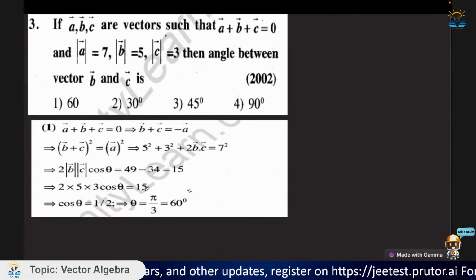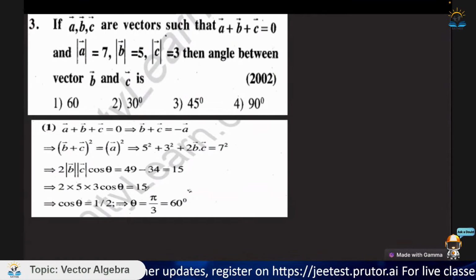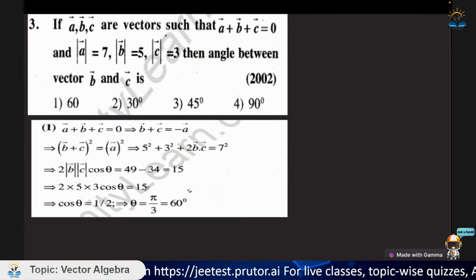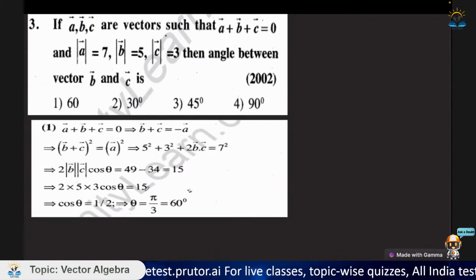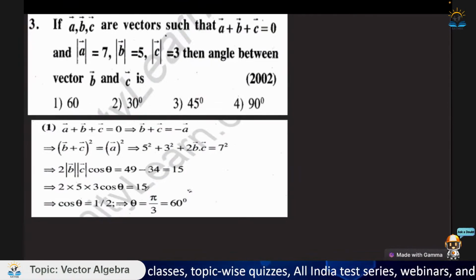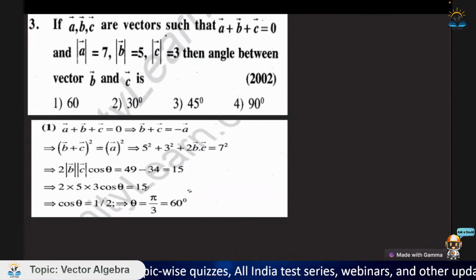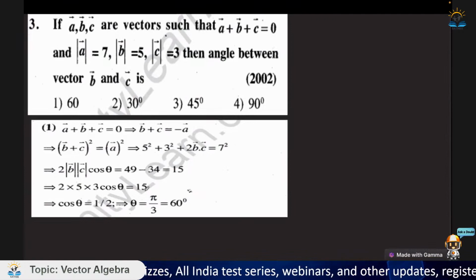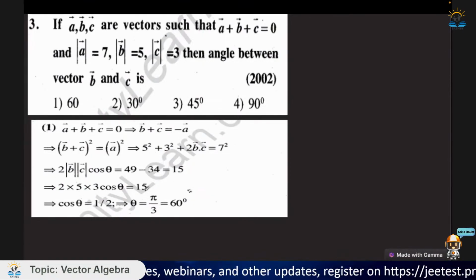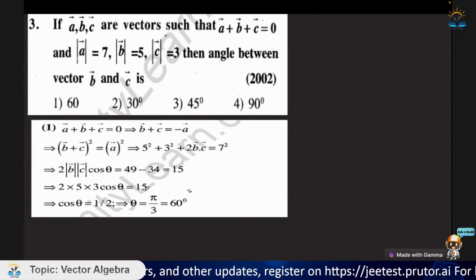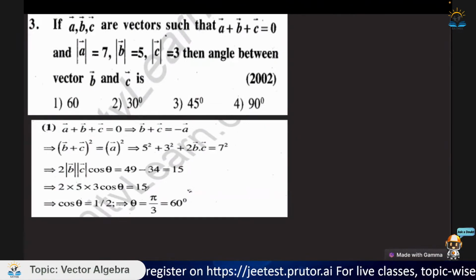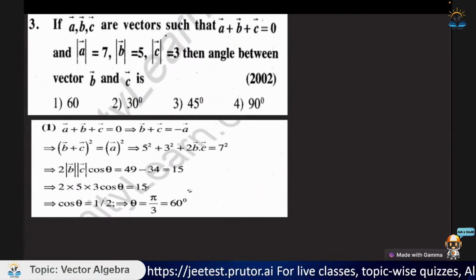क्वेश्चन मोस्टली अगर वेक्टर ट्रिपल प्रोडक्ट से पूछे जाते हैं तो वो सिर्फ और सिर्फ डेफिनेशन से सॉल्व हो जाते हैं, क्योंकि डेफिनेशन है हमारा, अगर देखेंगे तो a cross b cross c इज इक्वल टू (a dot c) b वेक्टर माइनस (a dot b) c वेक्टर। ओके, सो अगर आपको ये फॉर्मूला याद है तो सिंपली आपको कुछ और याद करने की जरूरत नहीं है वेक्टर ट्रिपल प्रोडक्ट में, और आपको ज़्यादा विजुअलाइज नहीं करना है इसमें। बाकी सारे जगह पे अगर आप विजुअलाइज करोगे तो आपको अच्छी क्लियर पिक्चर दिखेगी, बट आप वेक्टर चैप्टर में एज अ होल विजुअलाइजेशन पे ध्यान दोगे और फॉर्मूलेस पे नहीं दोगे। अगर फॉर्मूलेस नहीं याद है, यू आर ट्राइंग टू derive the formula by like basic steps,